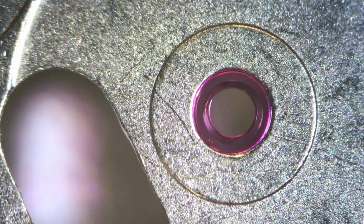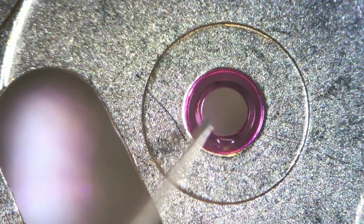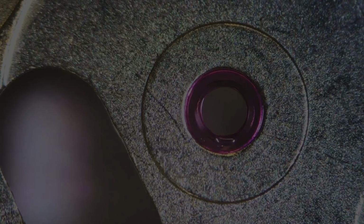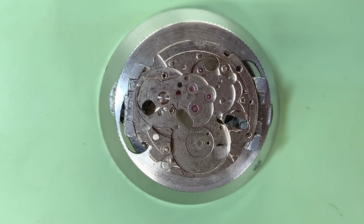Okay, so that's the centre jewel there, and I'm going to come in with my oiler and I'm just going to put a drop like that on the jewel. You could argue that it might be a little bit too much, but it is just a tiny amount. So there we go, the jewel is oiled, and now all we have to do is fit the center wheel itself,